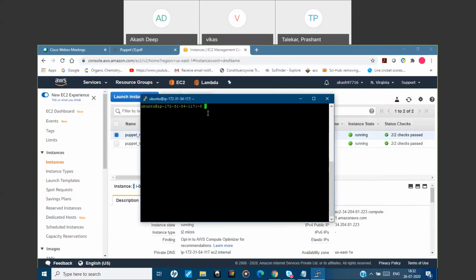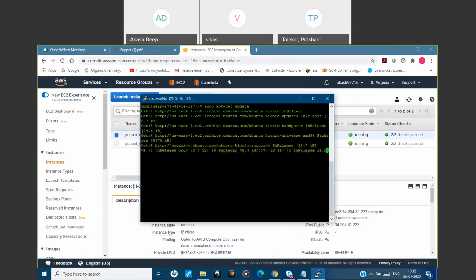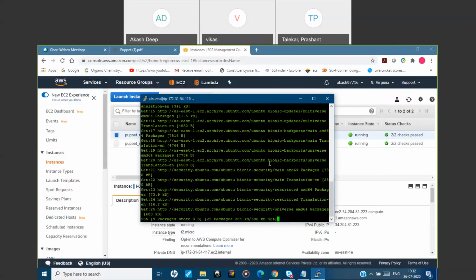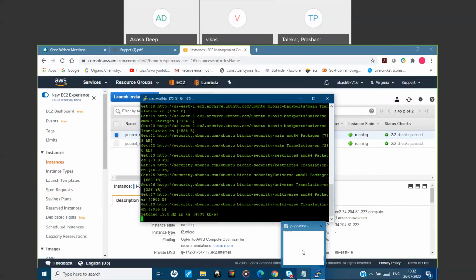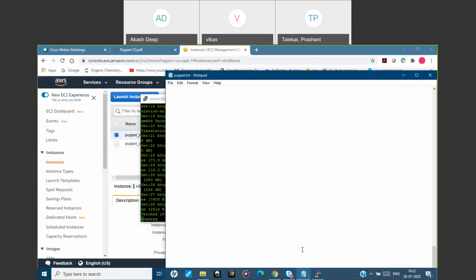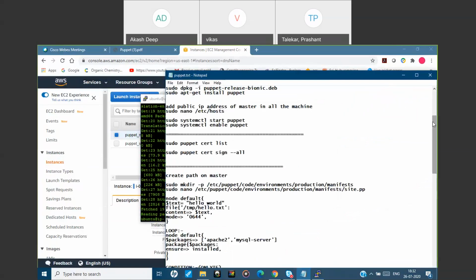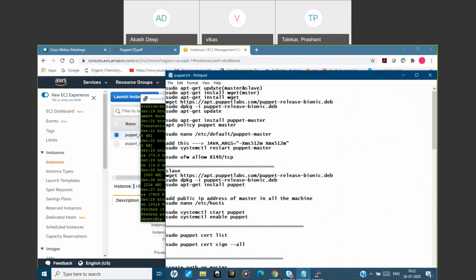So first we need to run sudo apt-get update. First we will be updating, and there is a list of commands that you need to run as part of the slave and as part of the master. I will be sharing these commands with you.